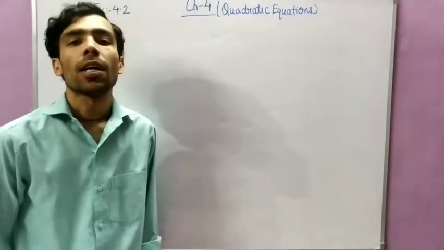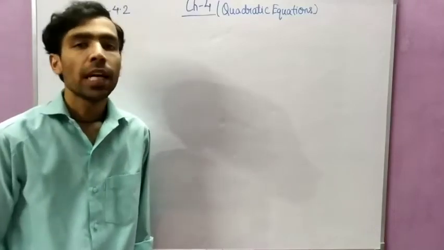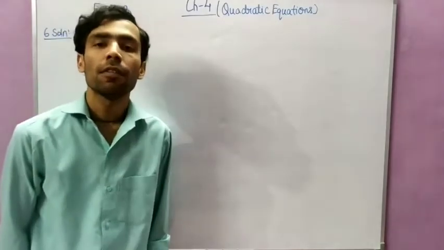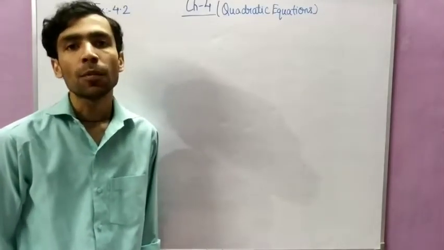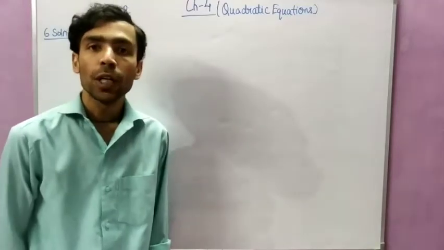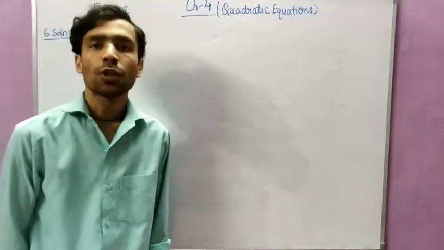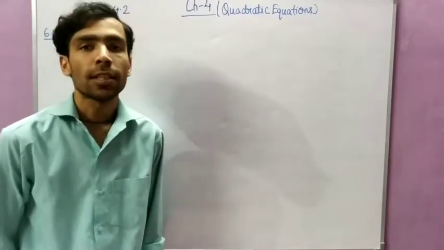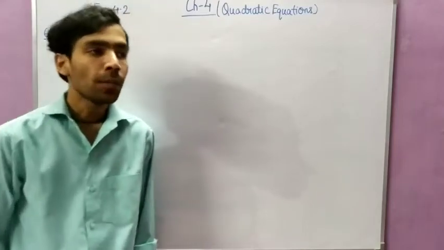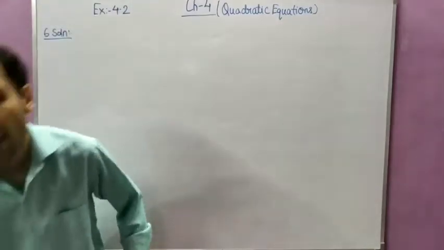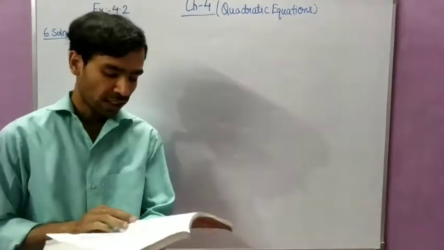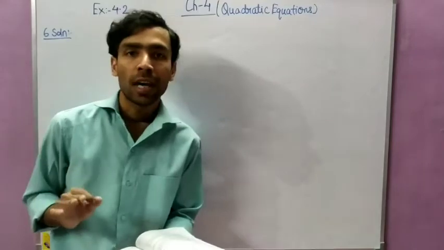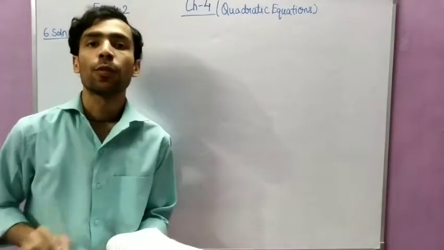So students, in the previous part of the video, we have discussed how to solve a quadratic equation by the method of factorization. And we have solved some questions of exercise 4.2. I think we have covered up to question number 4 and I told you to solve question number 5 and question number 6. So I hope you have solved, but I think I should tell you question number 6 because it is a little bit big and it is a little bit different. Okay, so I am going to start the last question of exercise 4.2.